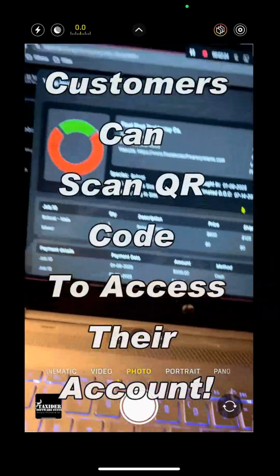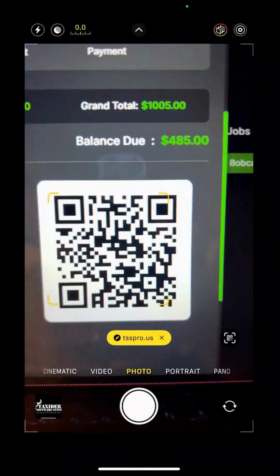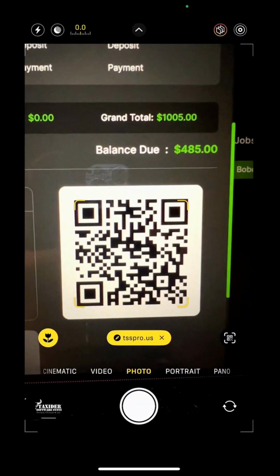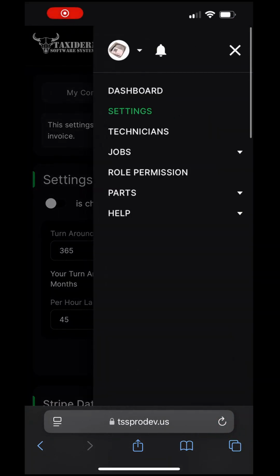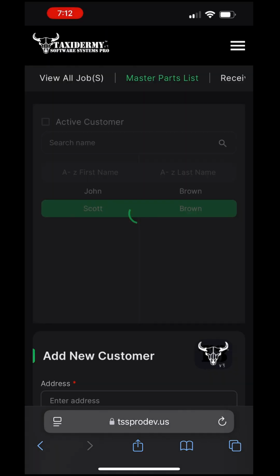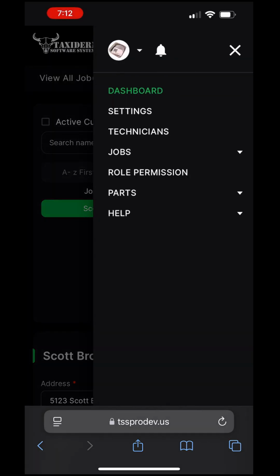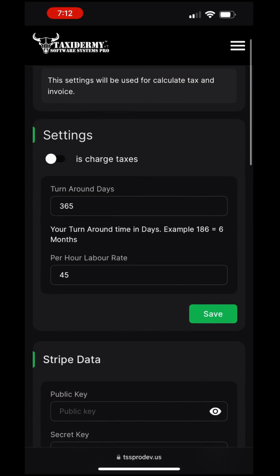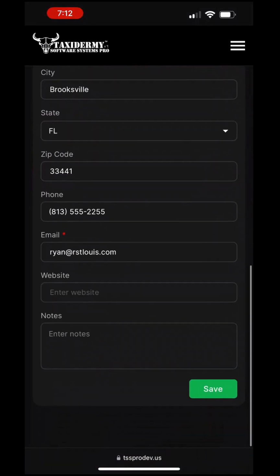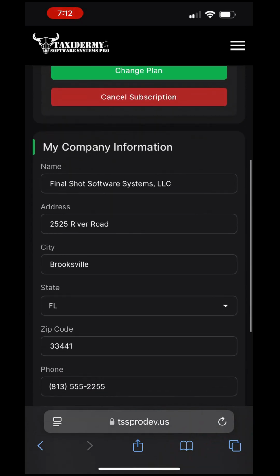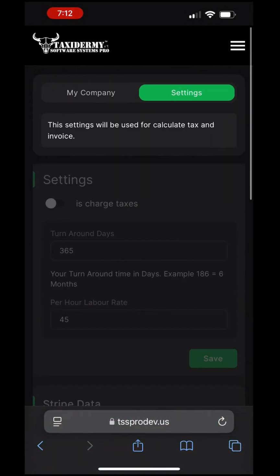Did you know that V3 allows your customers to scan a QR code to access their account? Your customers are able to log in to your customer portal, view job status information, view pictures and invoices, and sign documents using their mobile device. This will free you up to focus on the task at hand rather than constantly providing updates for your